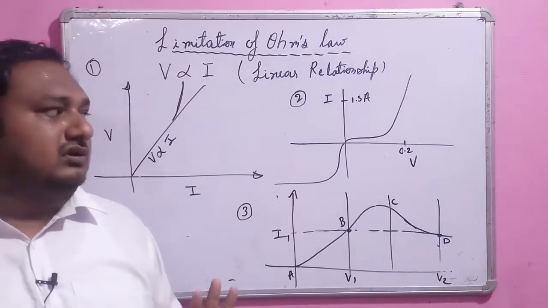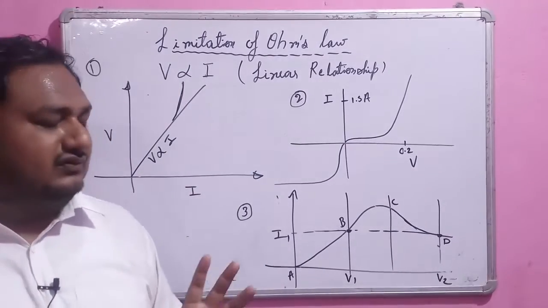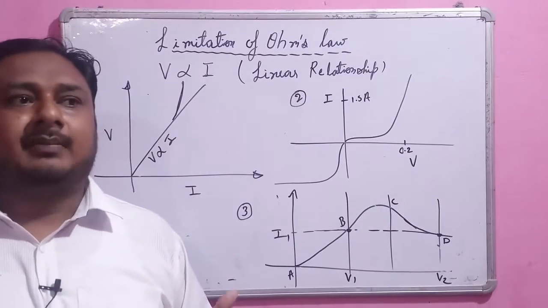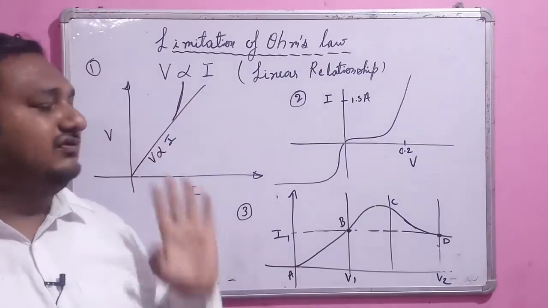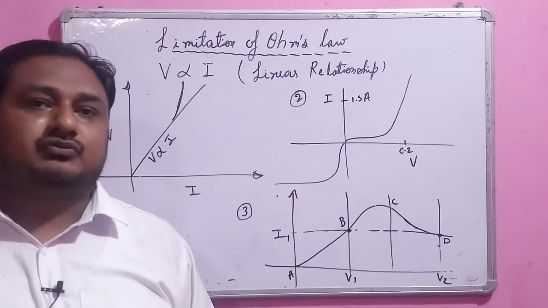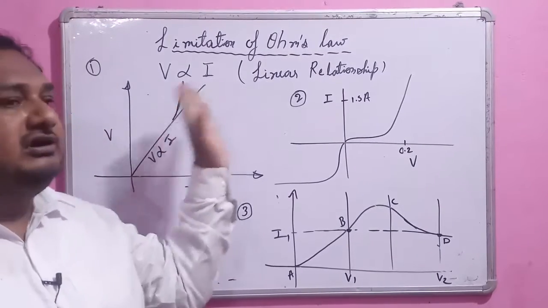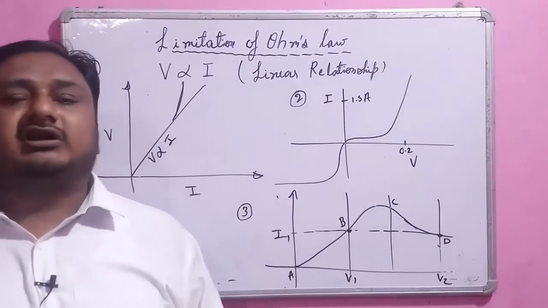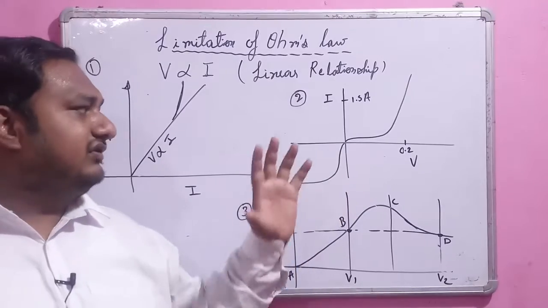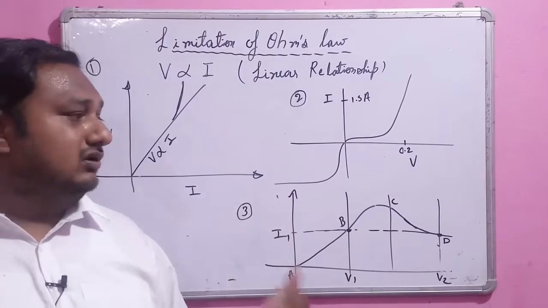Okay, so this is Ohm's law. Now in this law we have understood these limitations of Ohm's law, and here we need to understand that this relationship is heavily dependent on the temperature of the conductor. If the temperature of the conductor is increased, then surely the conductor deviates from its linear relationship. And there is a variety of materials: insulators, conductors, semiconductors. An insulator is not a conductor. There are a variety of materials which exhibit different phenomena for Ohm's law.